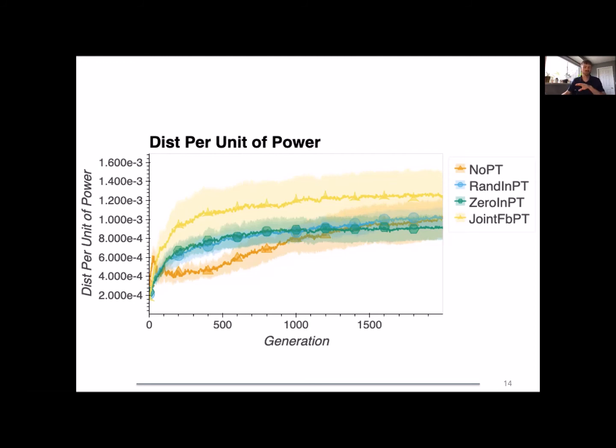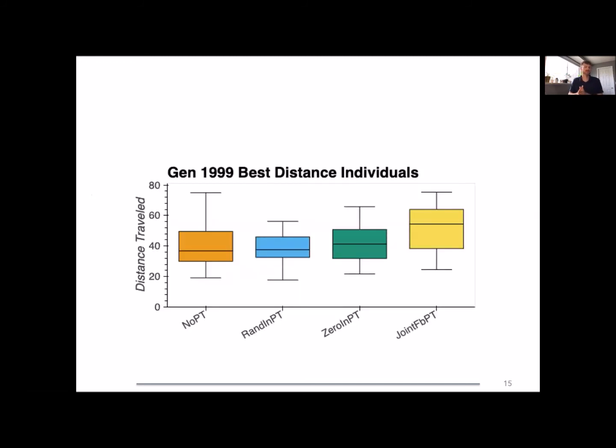So these are population-wide differences. But again, if we're looking at an evolutionary process, if we take just the best individuals, 1 from each of the 20 replicates, we see that the joint feedback pre-training outperforms the other 2 pre-training regimens, which is maybe not surprising because this one is providing feedback. But there is a very large disparity here in no pre-training, which I'll allude to in a minute.